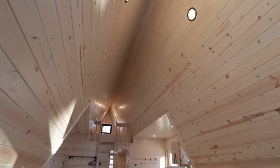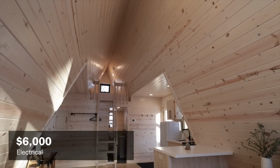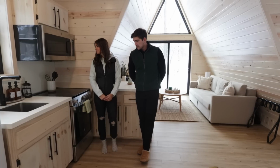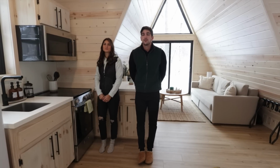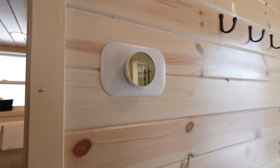The electrical in the cabin came out to about $6,000. That includes our recessed lighting, one pendant light, the hookup for the electric stove, and then also we made sure that we had the correct wiring to include a smart thermostat, because then we can monitor what the temperature of the cabin is